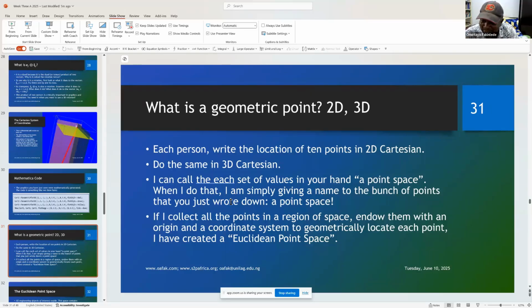And that will be your point space. And each one of you has 10 each. That is it. So I can say what you have is a point space. If I collect all the points in a region of space, if I take a region of space,